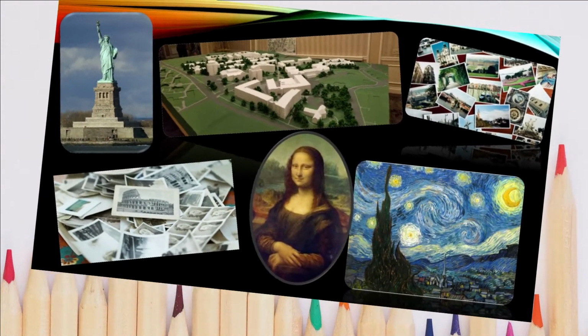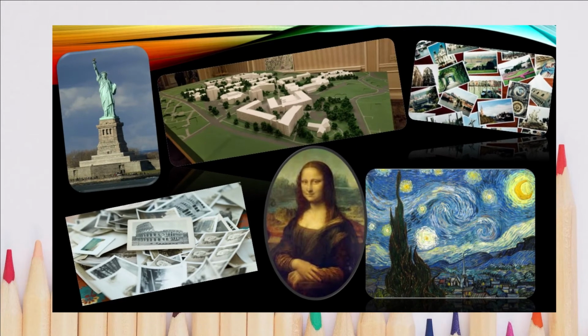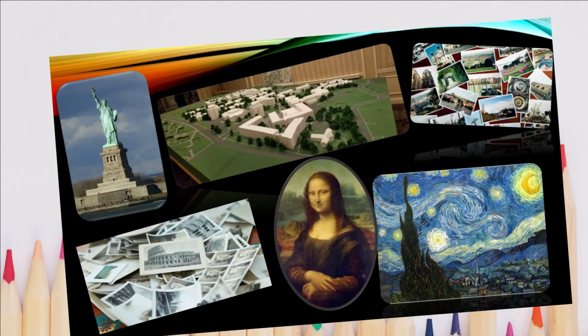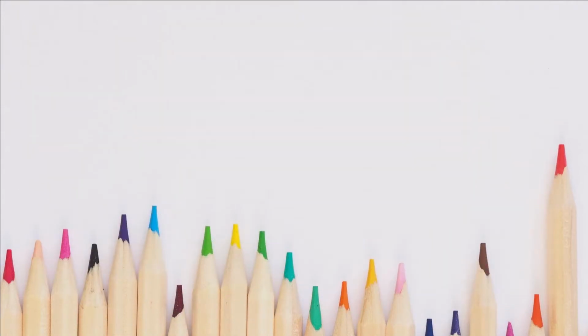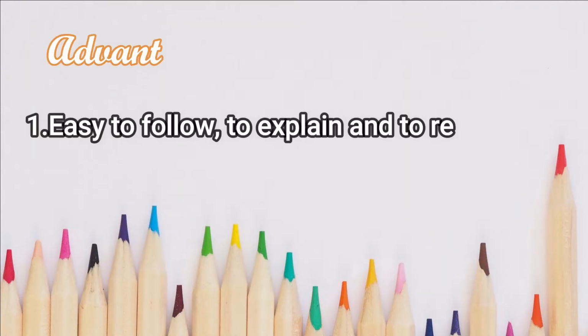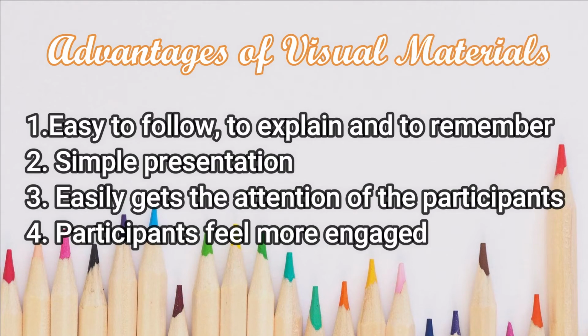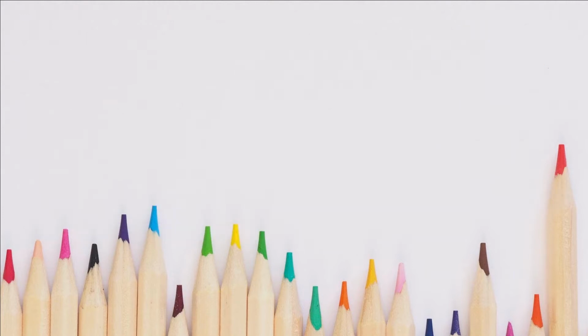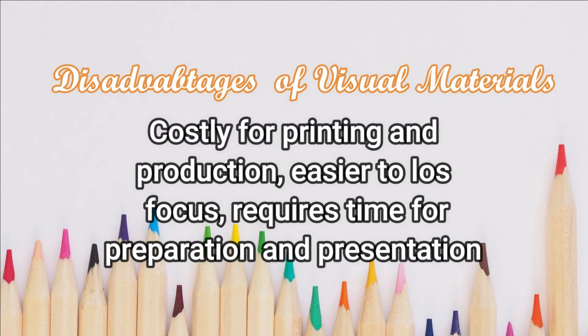Paintings, sculptures, pictures, drawings, photographs, 3D models, and real objects are some examples of visual materials. With visual materials, we can easily follow, explain, and remember. Simplified presentation easily gets the attention of the participants. Participants feel more engaged. However, visual materials are somehow costly for printing and production,